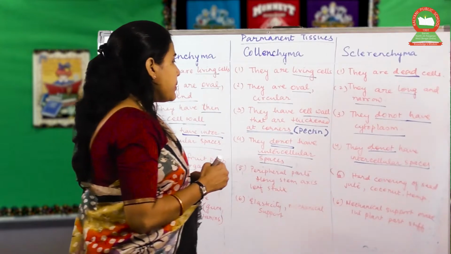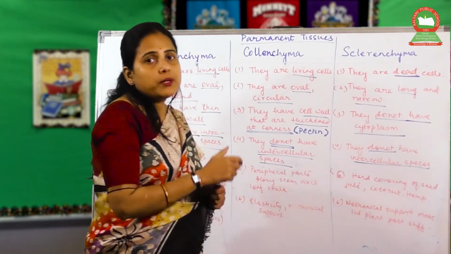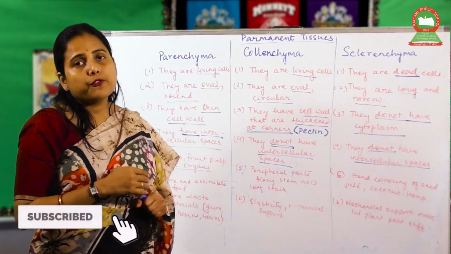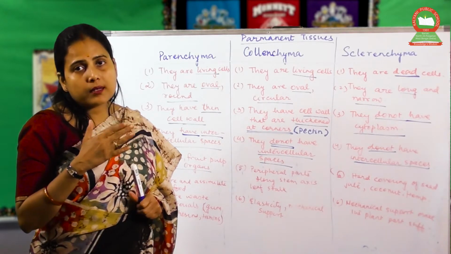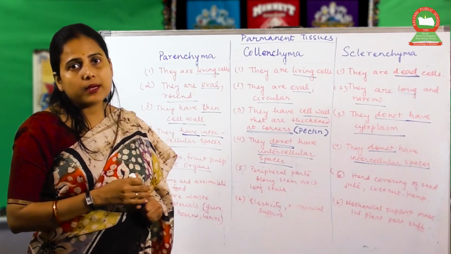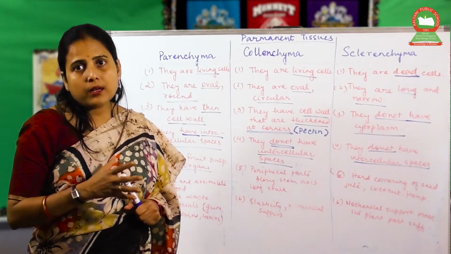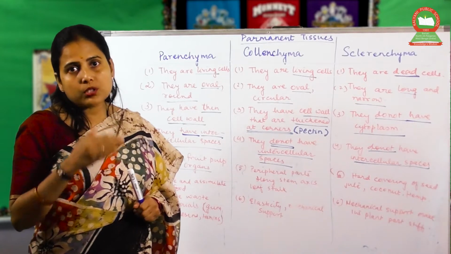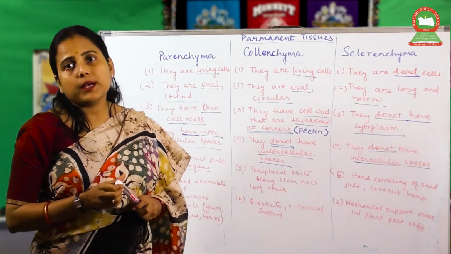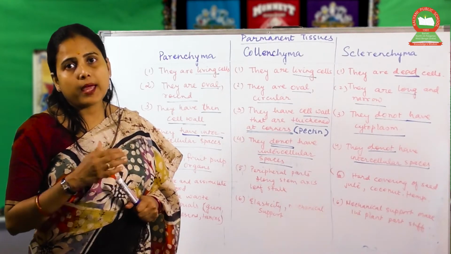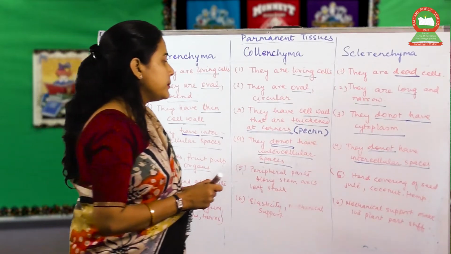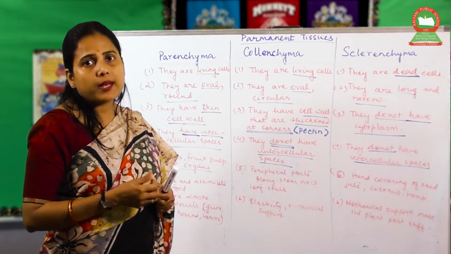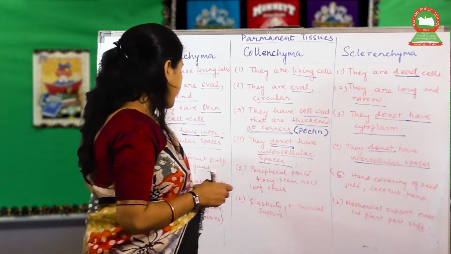The sclerenchyma tissues are found on the hard coverings, the hard shells of the fruits, or you can say the hard layer of the plant, like in coconut shell you will find the sclerenchyma tissues. The jute stalks or the jute fibers are made up of sclerenchyma tissues. The hemp and the coconut fibers, they are all made up of sclerenchymatous tissues.